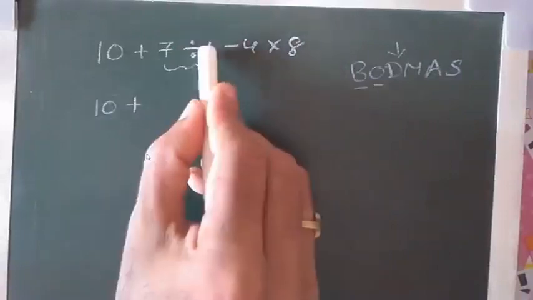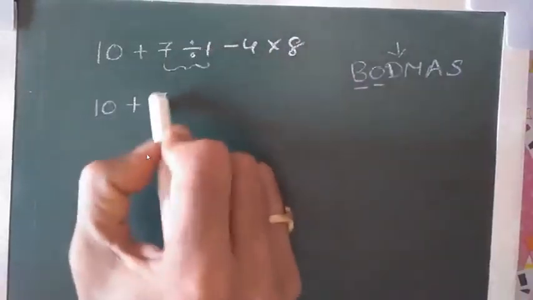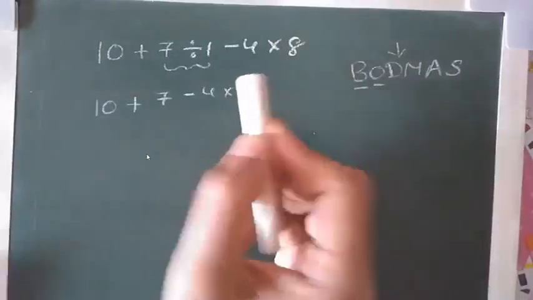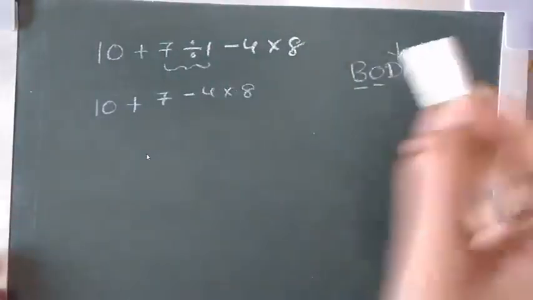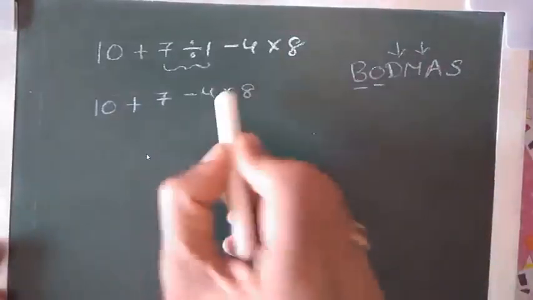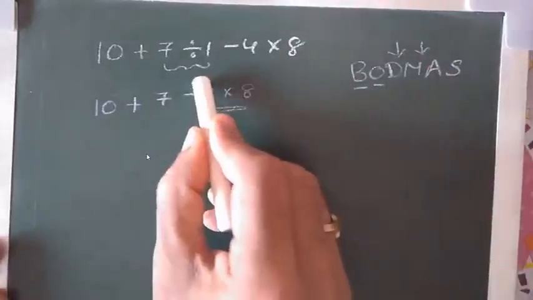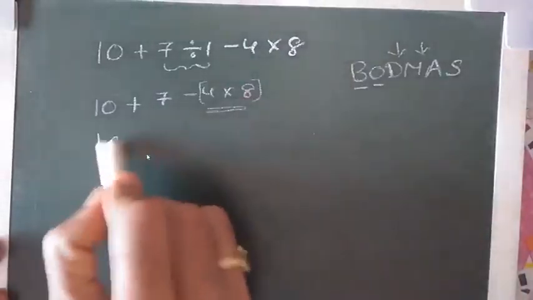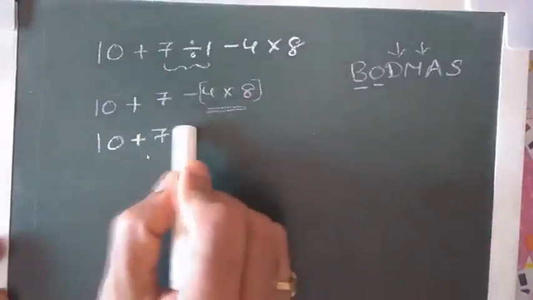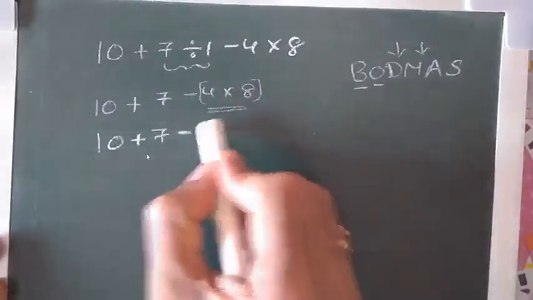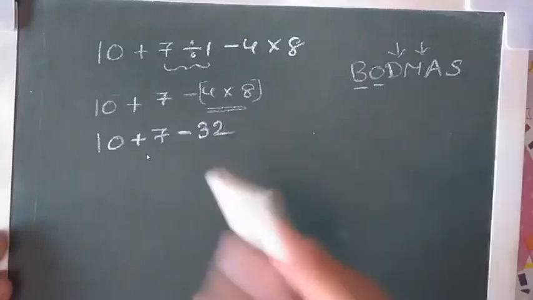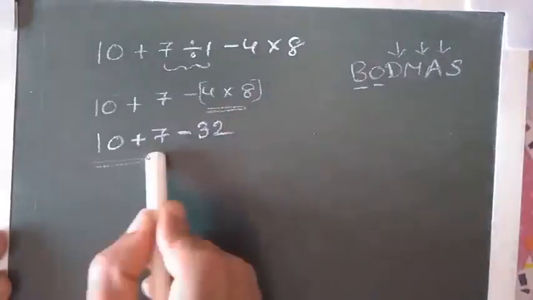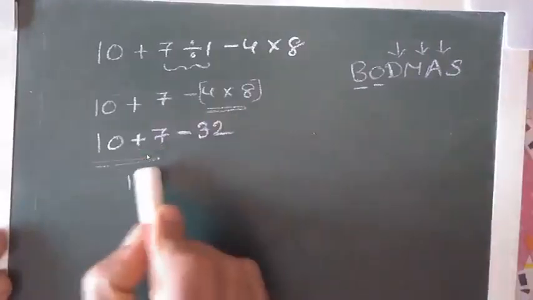So divide 7 by 1. 1 seven is 7. Minus 4 into 8. Next, what will be the next operation here? Multiplication. Multiplication is in between 4 and 8, so you have to take up to here only. Don't see the minus sign. So write 10 plus 7 minus, and multiply these two. 4 eights are 32. Next, which operation do you have to see here? Addition. Addition is in between 10 and 7. So 10 plus 7 is 17 minus